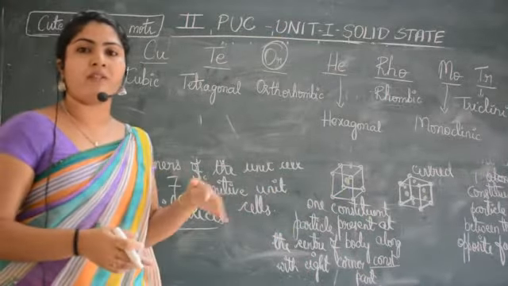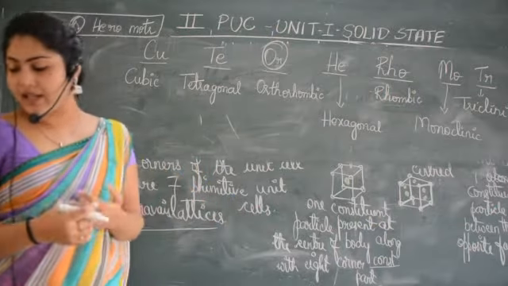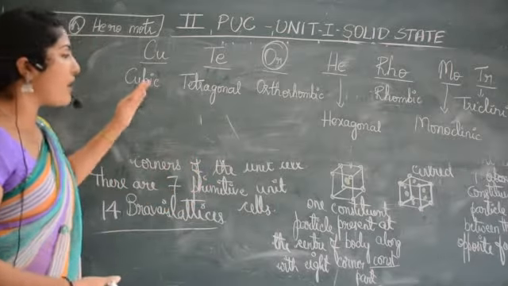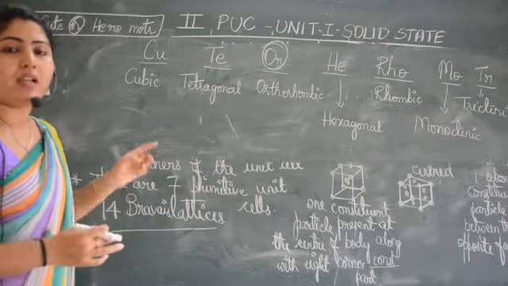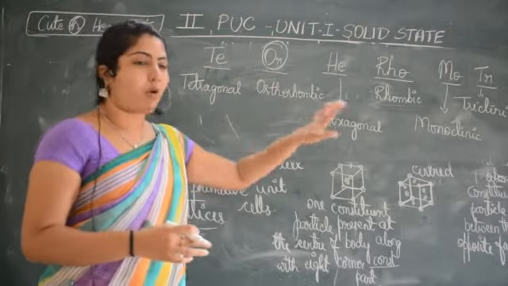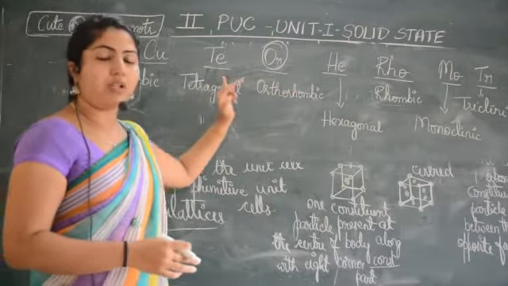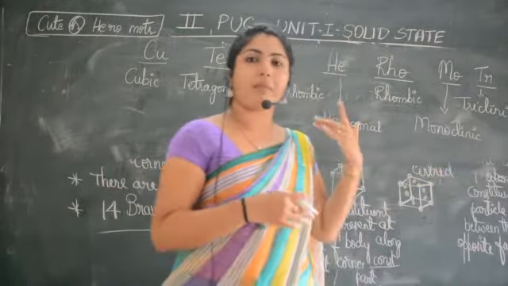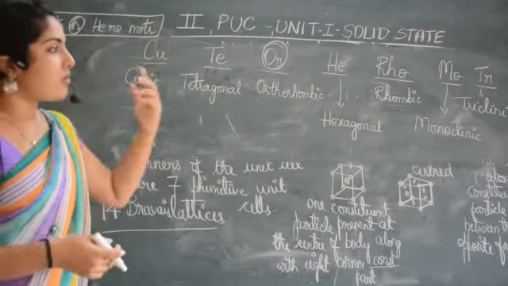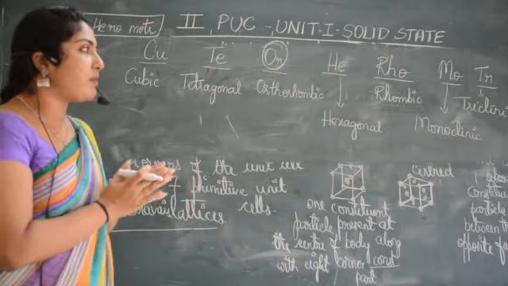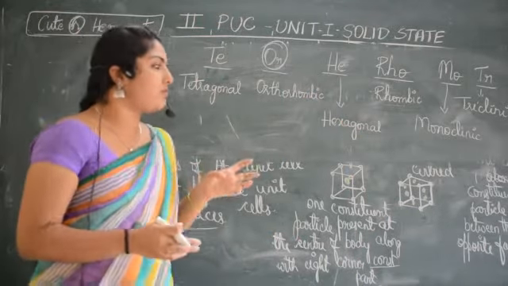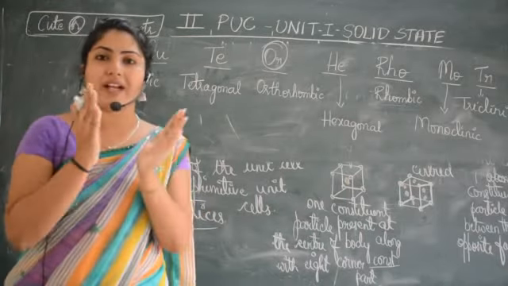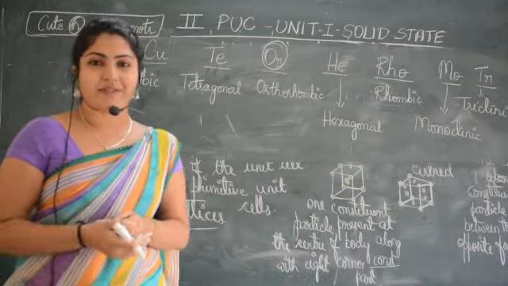Using this will form primitive, body centered, end centered, and then you will get using this 14 Bravais lattices that we will discuss in the next video. For now, if you remember which are the 7 primitive unit cell, cute or hero motor. So cubic, tetragonal, orthorhombic, hexagonal, rhombic, monoclinic, triclinic. Remember this way ends with clinic, 2 clinics. So monoclinic, triclinic. So these are about the 7 primitive unit cells. So hope you do follow this particular concepts. Go through this. There is a chart given in your textbook which we will discuss in the next video. Thank you.